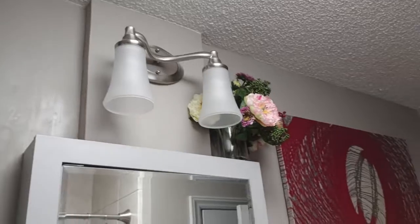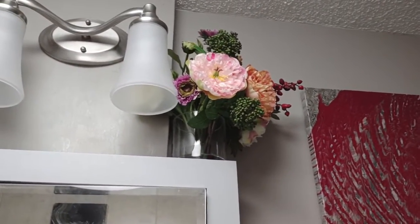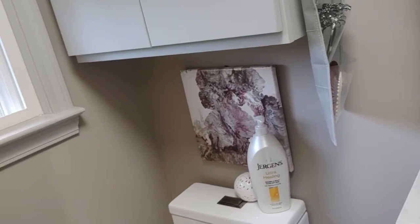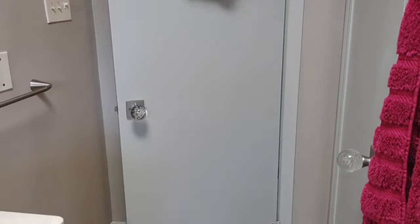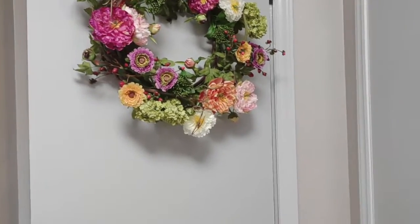And then I went ahead and bought this flower vase, which matches, but I was going to put it on the toilet, but it didn't quite fit. I felt like we would be risking pushing it off, that kind of stuff. So I thought it went nicely right there, and kind of continues the flower theme. And then sticking with the flowers, I went ahead and put a wreath on the back door, just to have more decoration, more color in here,